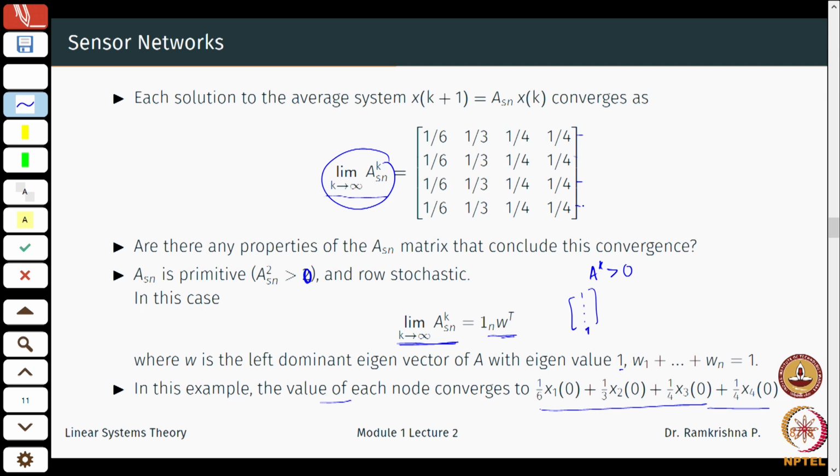So, much of the aim of this course would be to equip ourselves with tools which will help us solve problems pretty quickly. So, what is the tool here that I exploited? The tool here is just this statement, which comes from linear algebra, that if this matrix is primitive and row stochastic, then I do not need to worry about anything. I can just blindly copy that tool into my application and say, yes, there actually is convergence of the algorithm and each node converges to a particular value given by this.